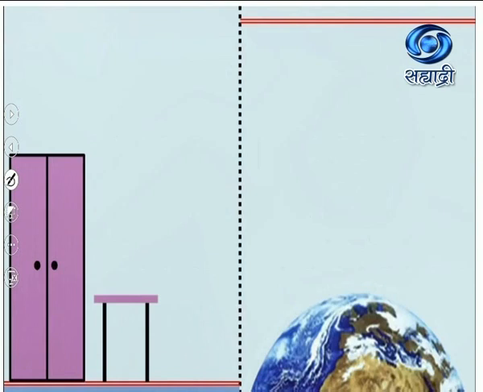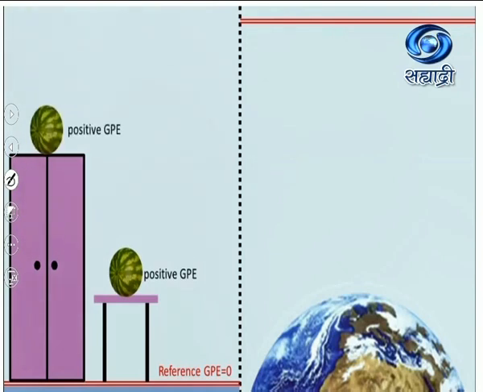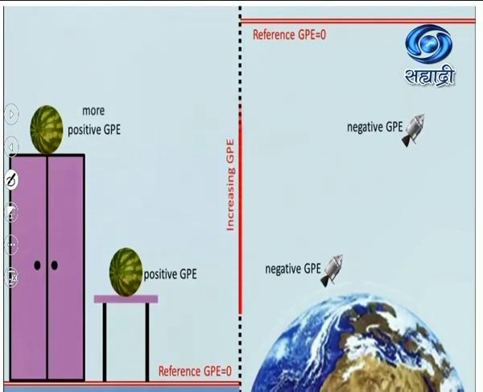When dealing with everyday objects, we use the lowest point as the reference point. So GPE at height 0 is 0, and GPE everywhere else is positive. When dealing with astronomical objects, we use the furthest point as the reference point. So GPE at infinite separation is 0, and GPE everywhere else is negative. What's consistent in both cases is that the potential energy always increases with height, either by becoming more and more positive or by becoming less and less negative.